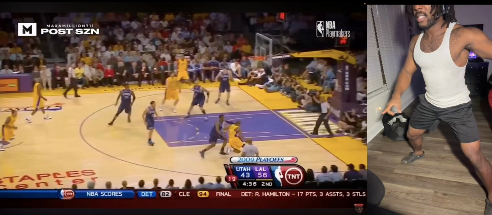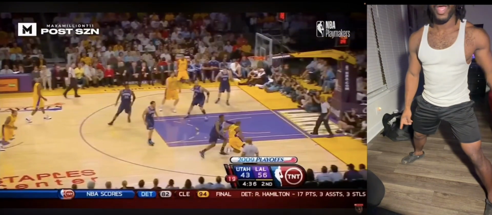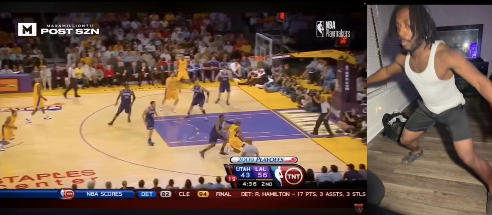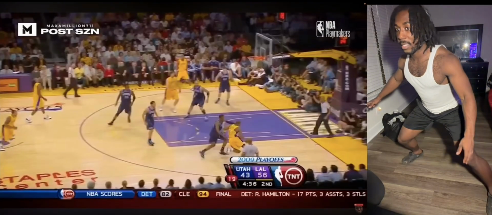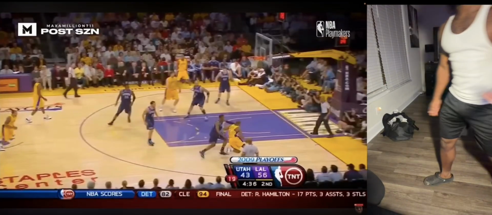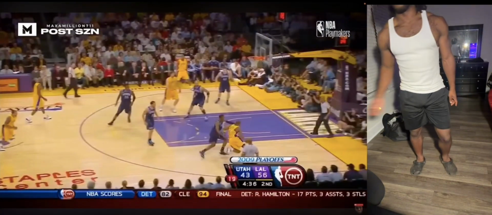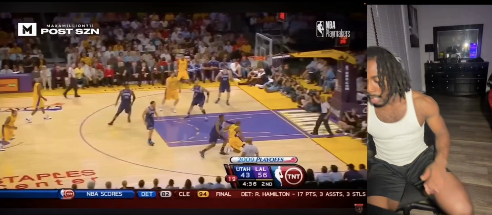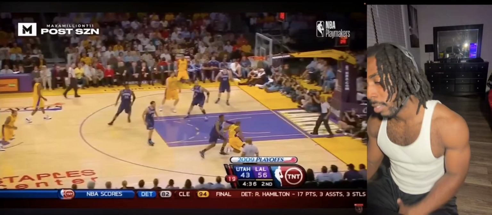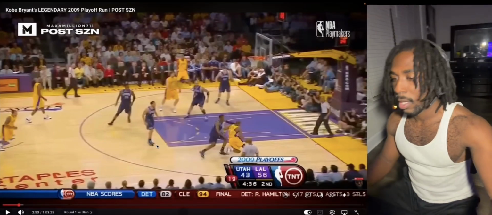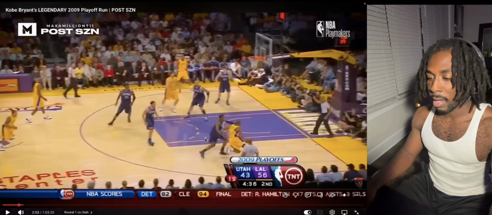So once he fakes this way and goes this way, or he does the Kobe jab, boom, you're just ready. So now once he does that, you try to beat him. I'd rather you live for a block and foul than you just get blown by too easy for an easy layup. So that's the reason why, okay?